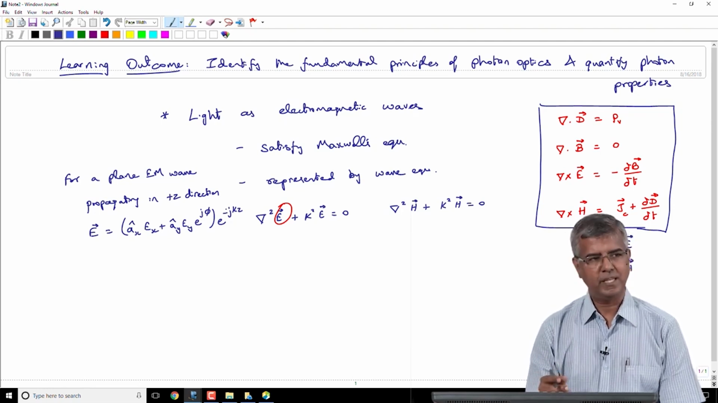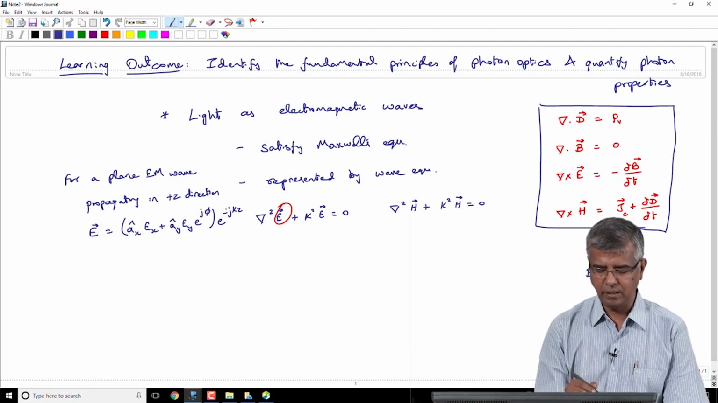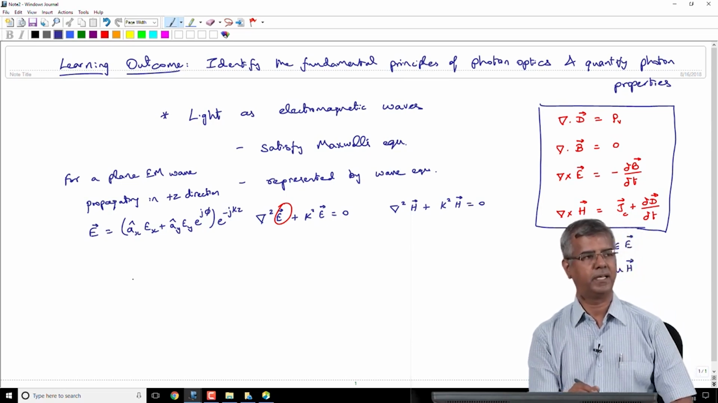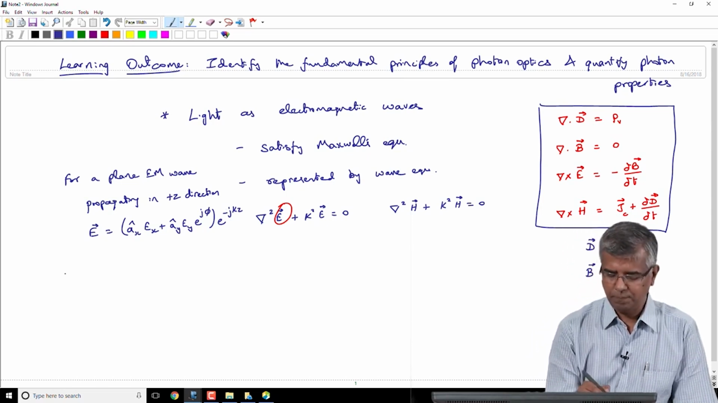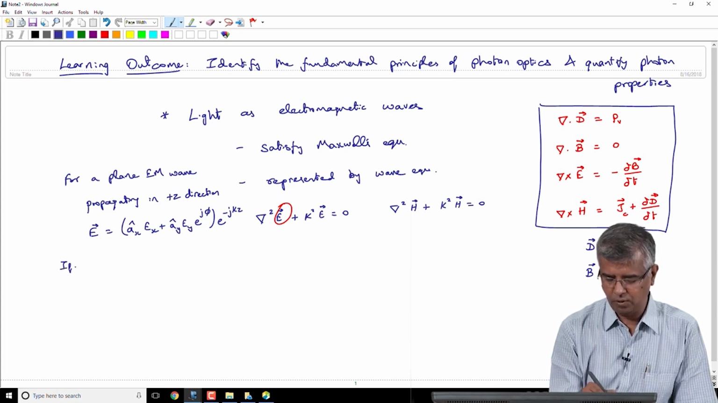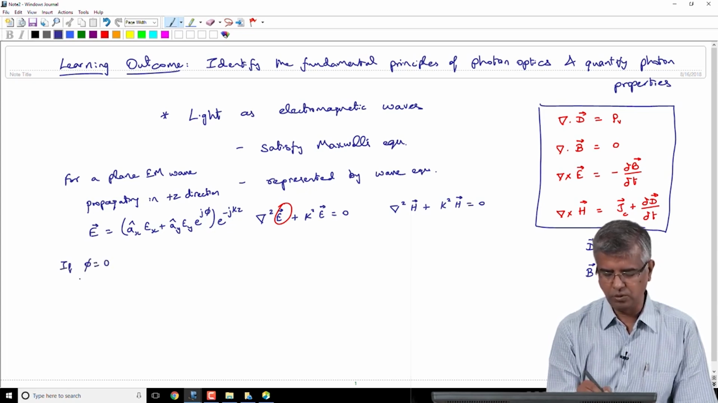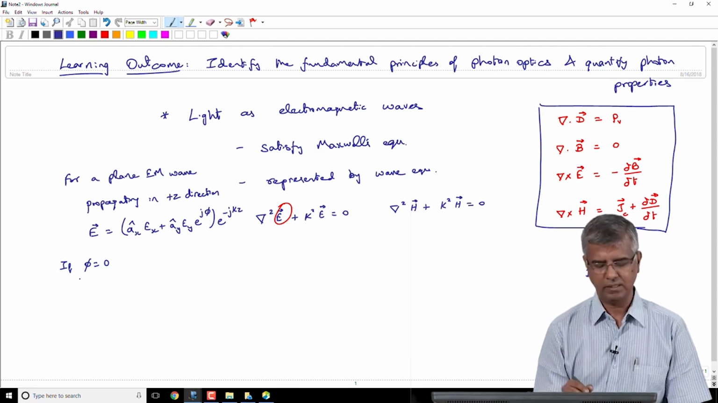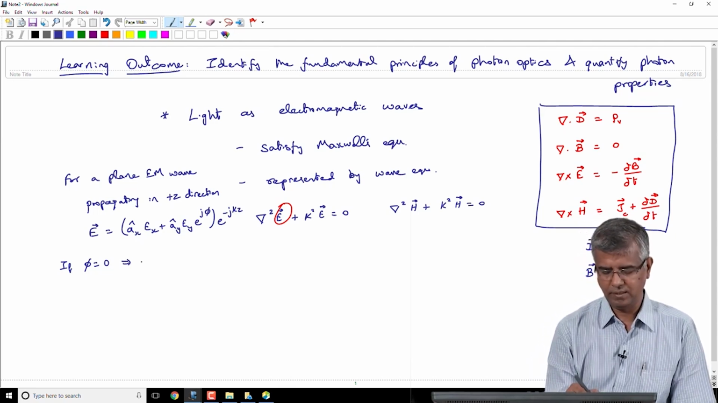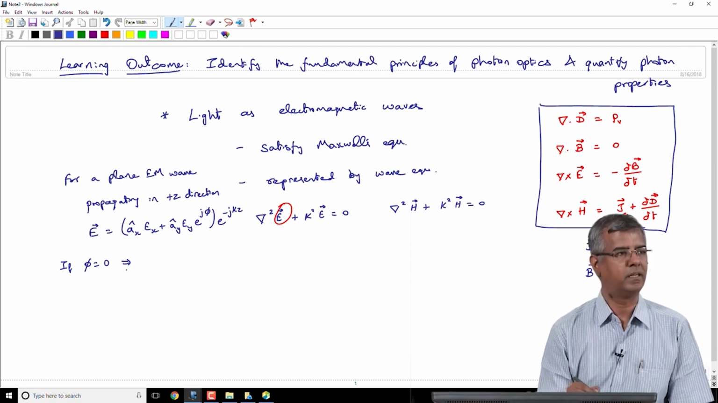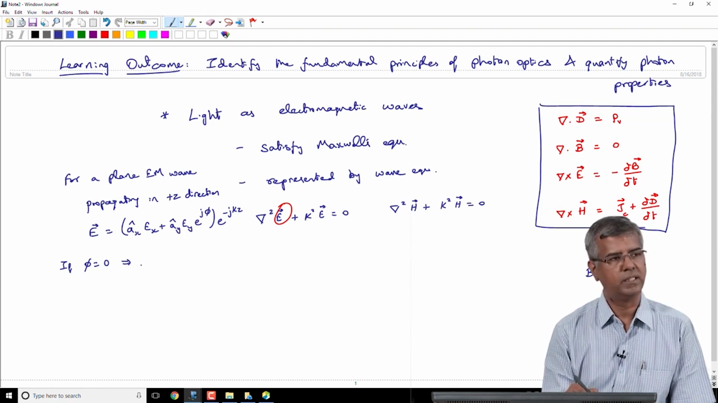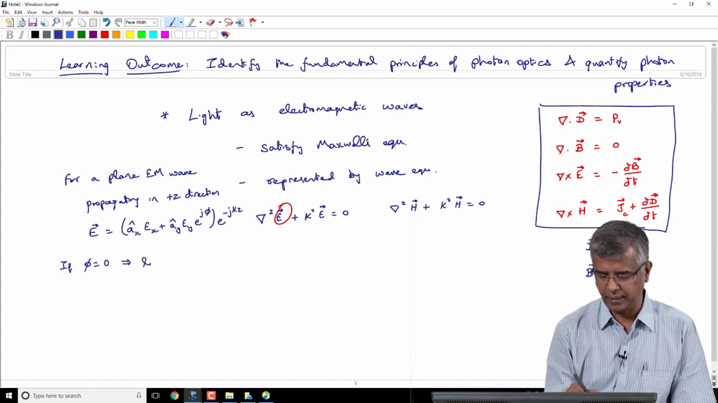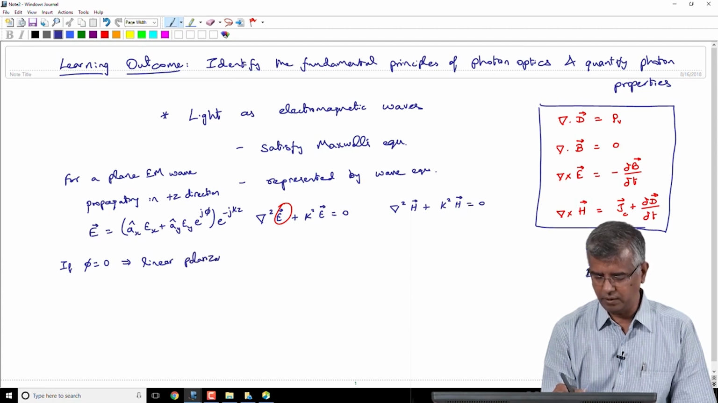And once you express the electric field like this, then you have specific conditions where, if phi equals 0, that is Ex and Ey are in phase, what do you get? You have a certain polarization, a certain orientation with which the electromagnetic wave is propagating. So, that corresponds to linear polarization,